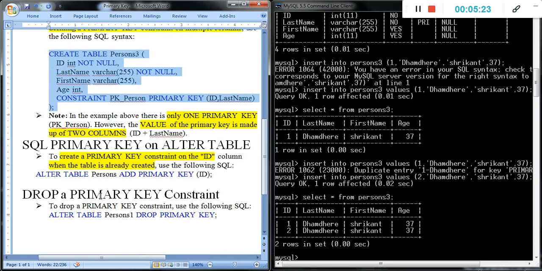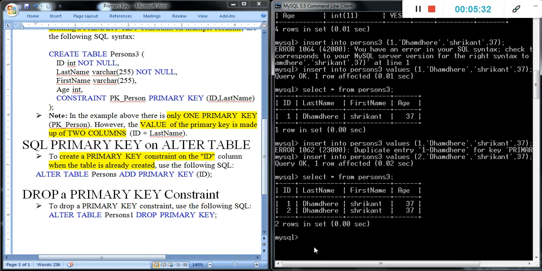Then if you want to create a primary key for an existing table, say we already have one table, create table, with the table name employee, and the content: employee ID as an integer, comma, name varchar 20.